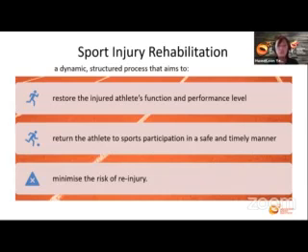Within this process itself, we need to understand that it is a very dynamic progression. It is not a program where you do the same thing for 6 months or 9 months. It is a very dynamic one where you see a progression of your program and your rehabilitation content in a week, or every few weeks, or in fact sometimes in a few days. And the aim is also to minimize the risk of re-injury.